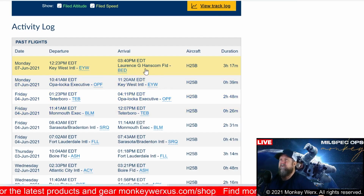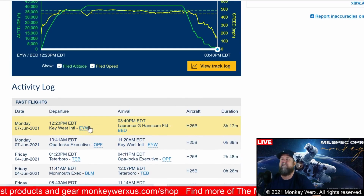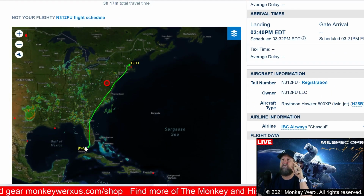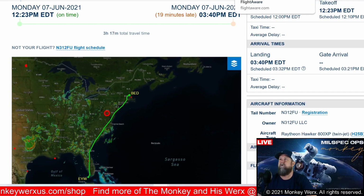The Key West one was one I just caught, and I'm going to find it here. Now I know why I have it where it is. All right, so this is Monday. You've got the Maxwell bird leaving Key West and headed up to the northeast. Now, let's go over to